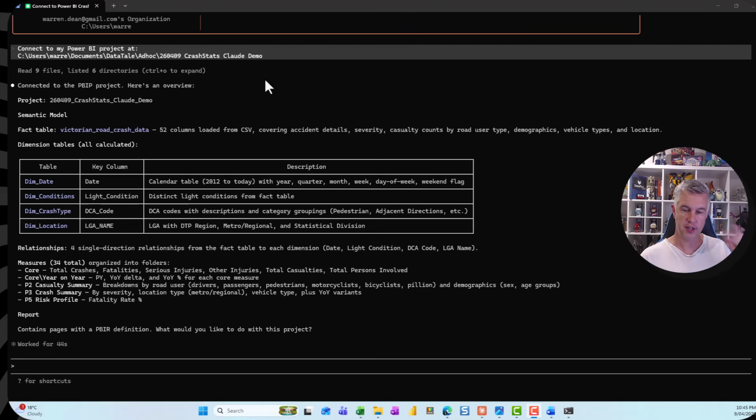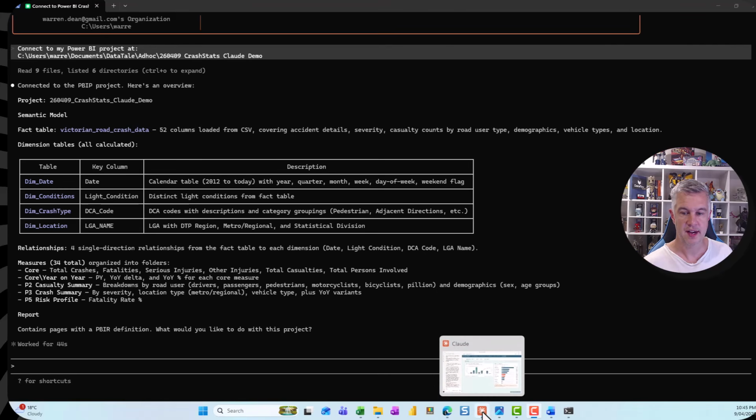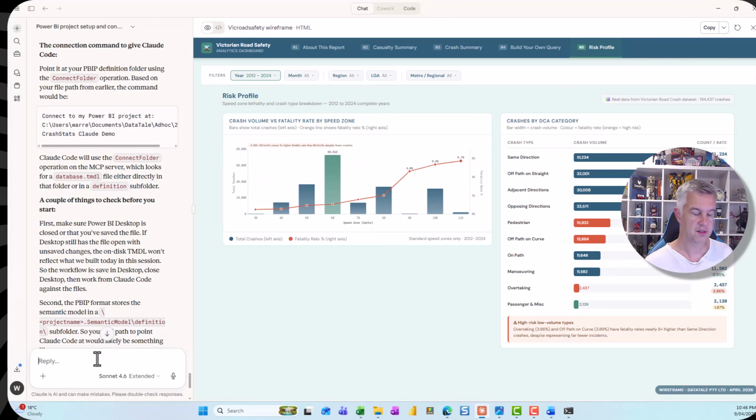Again, just a shout out to Kurt and Maxim. I'll tag them in the post and down below, but they've obviously built the pbir-cli, so it's got all the skills in there. I've already pre-installed it, so that already runs when I connect to Claude, and it's allowing it to connect, and it's interpreting all the measures and the tables, etc. So I have been able to connect, and now what we might do is, okay,